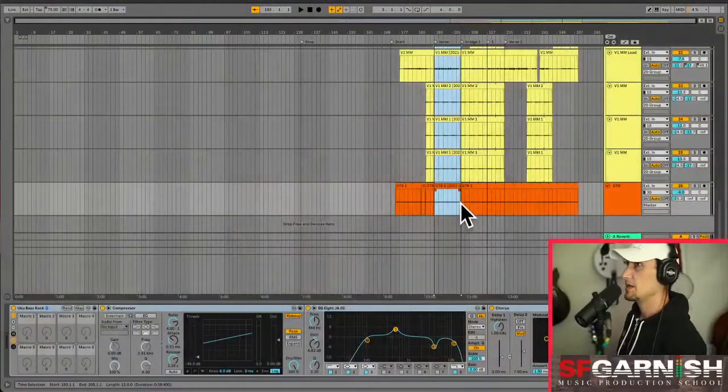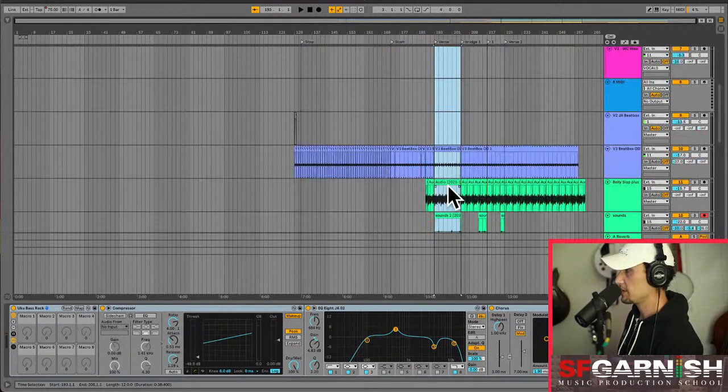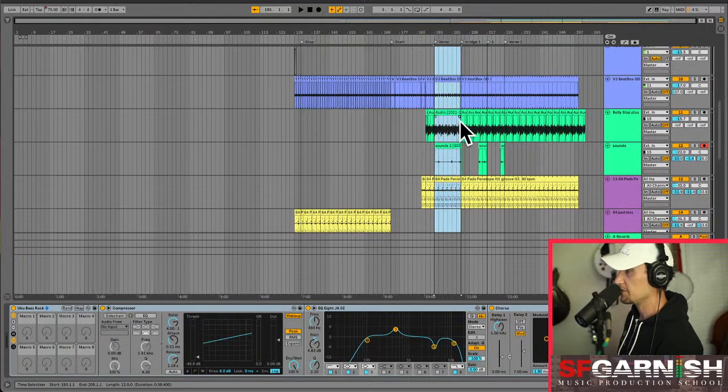All right. So now we're over here, and notice how they're all joined together, right? There's nothing that's half the length, right? So if you ever have a loop like this where the belly slap was shorter, now look at that length. It's all right there. I'm going to copy it